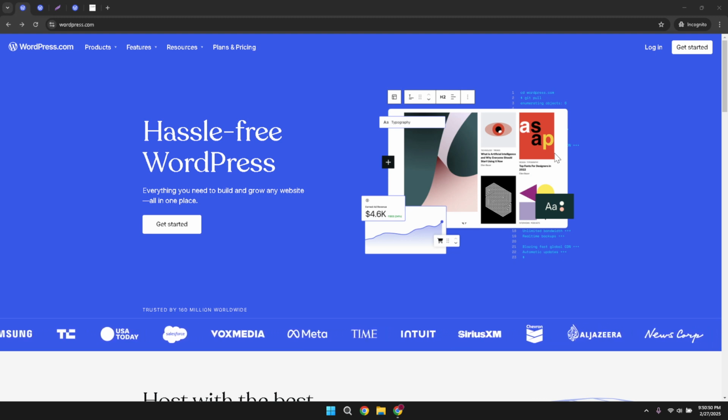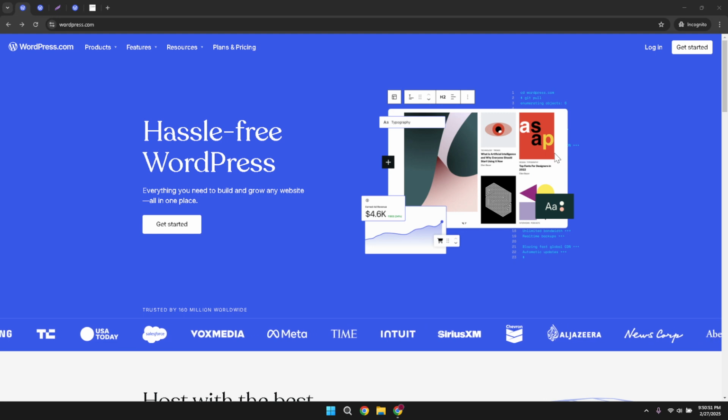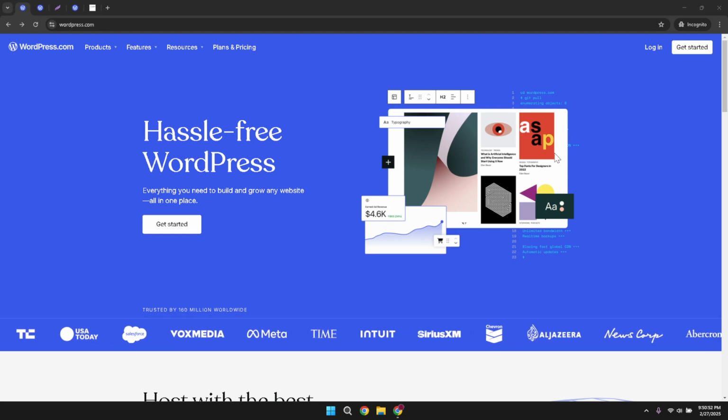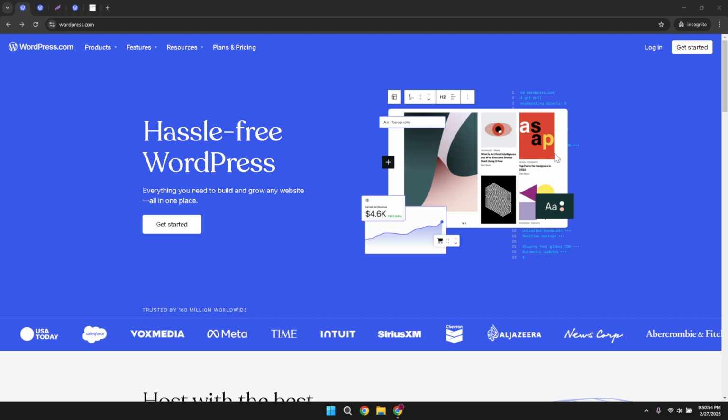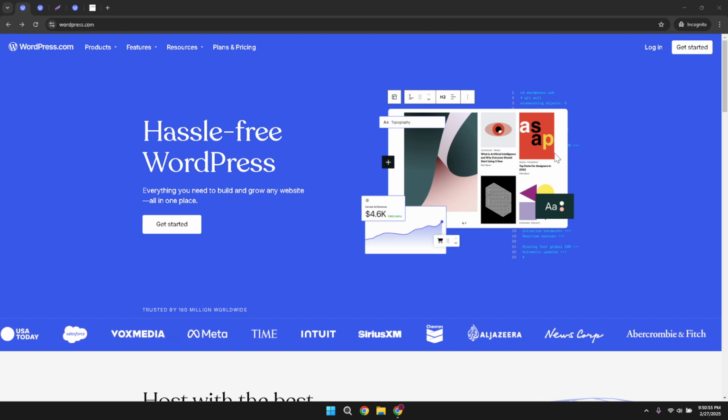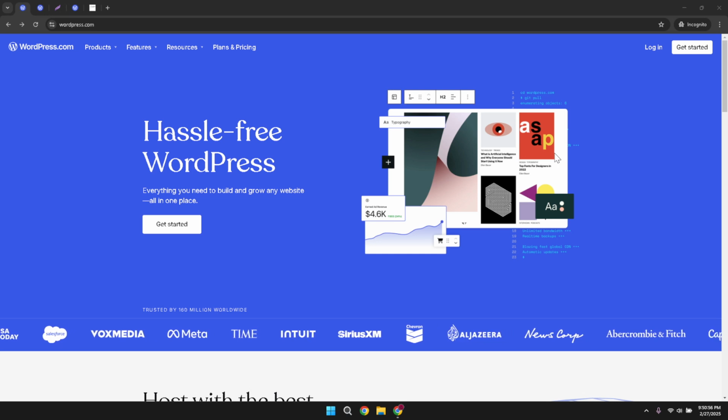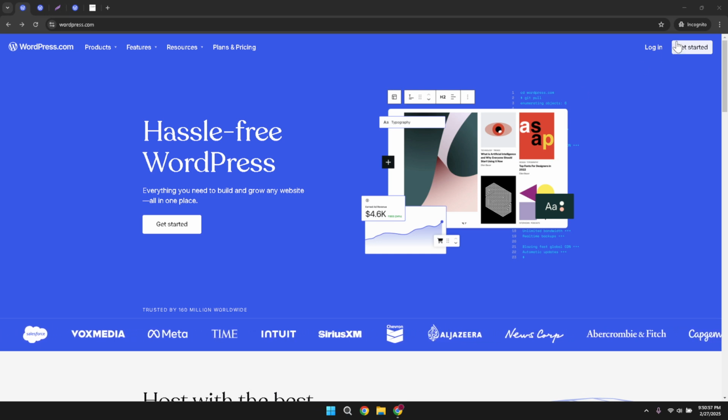To get started, the first thing you need to do is navigate to wordpress.com. This is the hub where you'll manage all aspects of your WordPress site. Once you're on the site, look for the login option. It's typically located at the top right corner of the page, and clicking it will prompt you to enter your